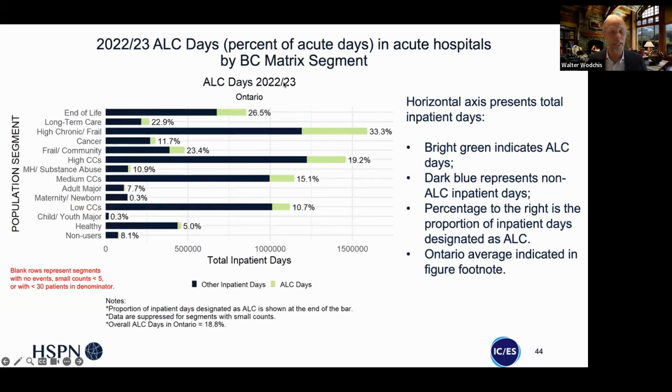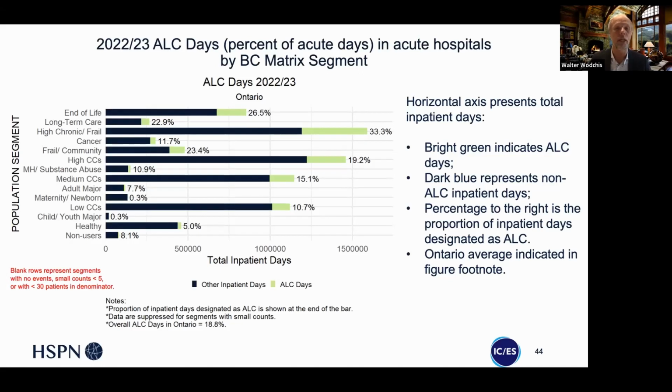So here's ALC days. This one I've decided to show by the BC Health System Matrix. I've also kind of picked these so you get a flavor of each of the different stratification groups. So here you see that ALC days are, and here you're counting total days across that bottom axis. So all acute days are the dark plus the bright green, and the bright green are the proportion of those days that are ALC. So we see actually a lot of the total ALC days are coming from that high chronic and frail population, which are very often individuals with both multiple complexity from medical as well as social and